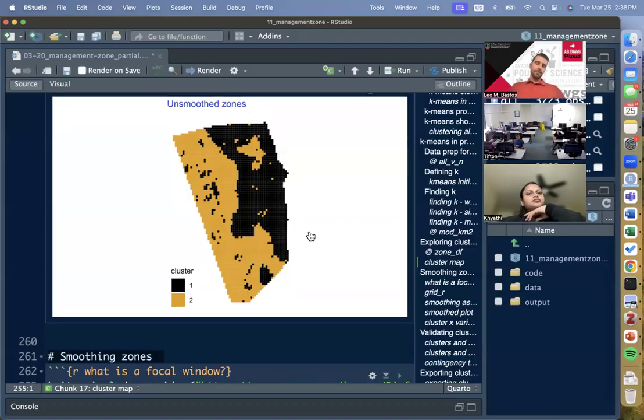All right, so looking at this map, you may notice that there's some speckles, right? There are some speckles of one zone inside of the other. What I mean by that is, let's say in the middle of all black points, you have some speckles of yellow. And in the middle of mostly yellow points, you have some speckles of black. While that is just part of the exercise of the management zone creation itself,